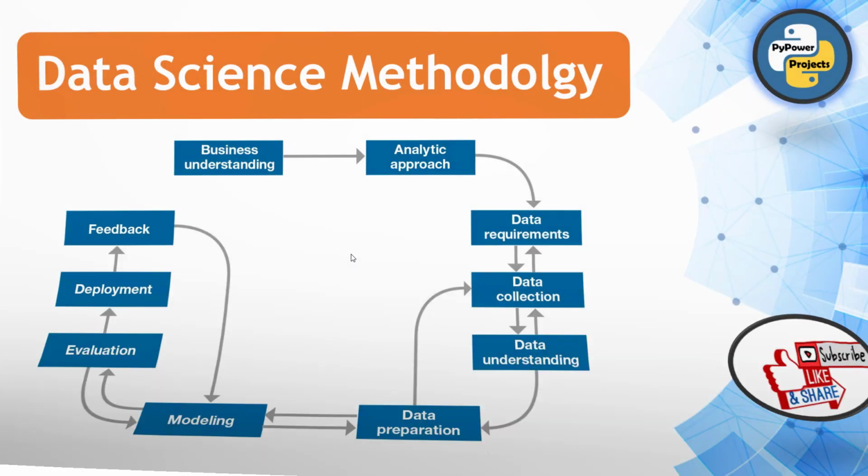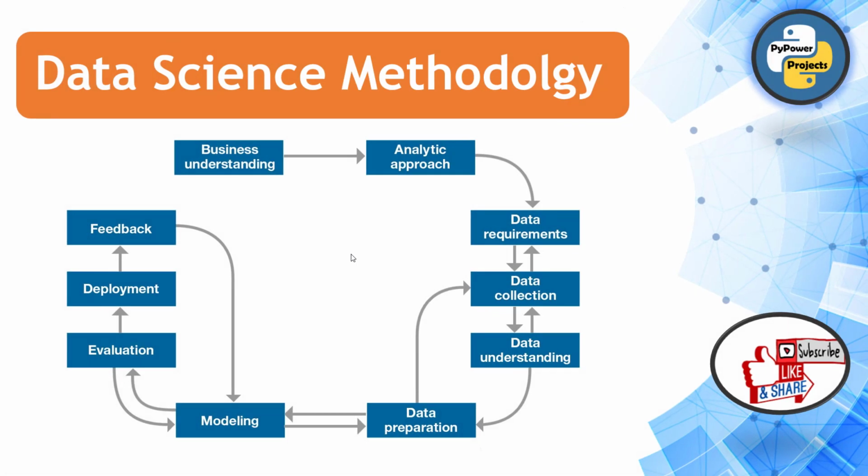So we have created a cycle, and this cycle is very iterative. Actually, this cycle was historically created by Jim Rollins, who is the chief data scientist at IBM. Many data scientists believe that there is just data collection, modeling, and feedback. But actually, there is a different scenario for a data science lifecycle. They need to go with business understanding, followed by analytic approach, then data requirements, collection, understanding, preparation, modeling, evaluation, deployment,